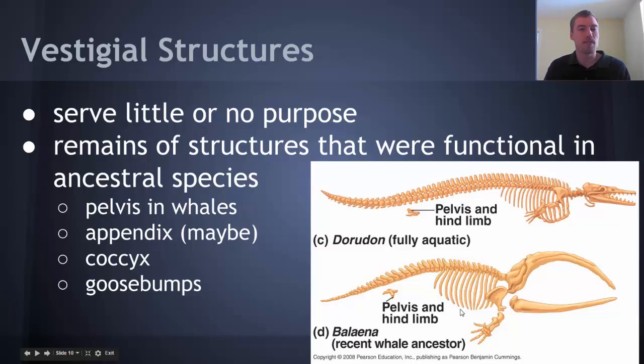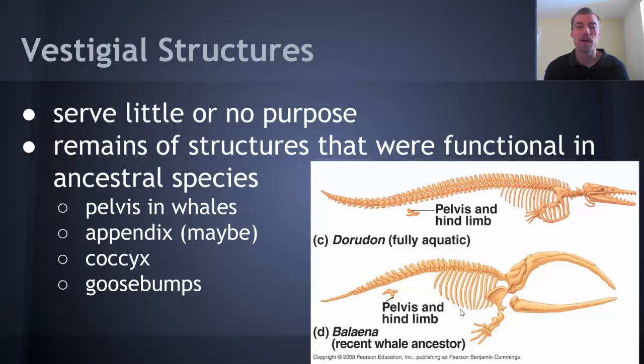The next one we have is the vestigial structures. These are structures that currently in modern species serve little or no purpose, and they are the remains of structures that were once functional in ancestral species. So a great example of this is the pelvis in whales. Whales are believed to have evolved from species that are similar to a horse, and eventually they evolved to live in the water. However,